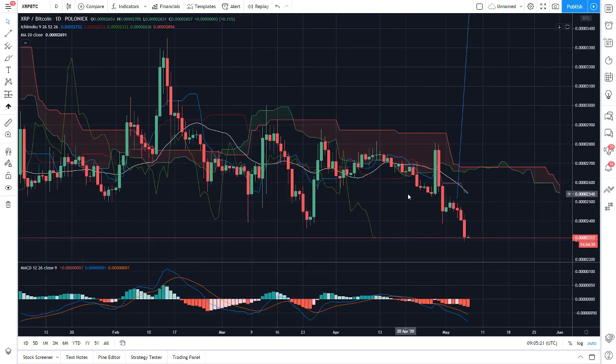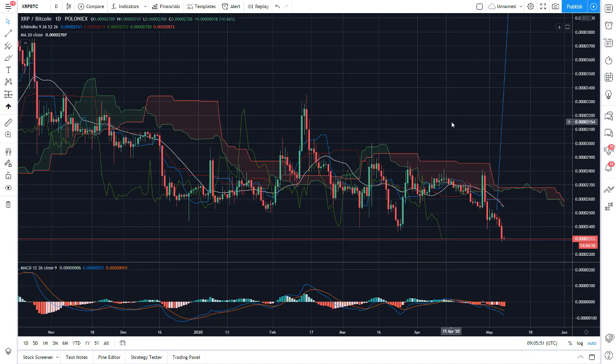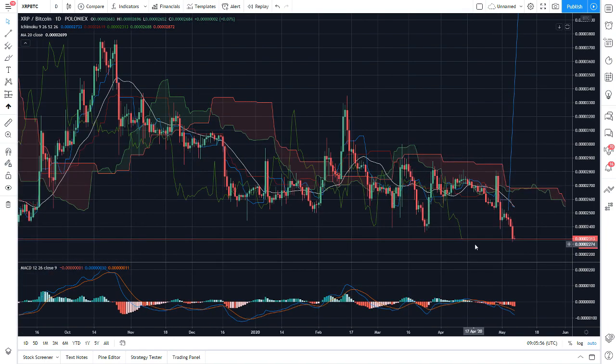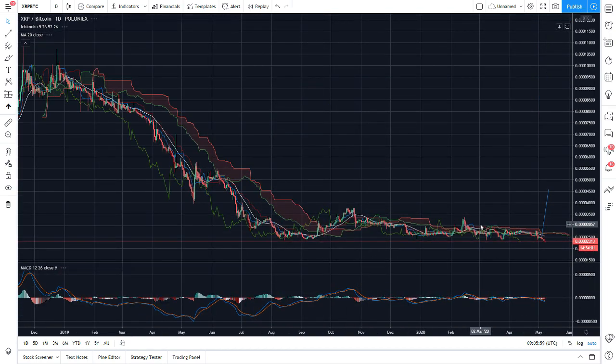Oh boy, let me zoom out a little bit. What happened? We were trying to enter into this cloud, and probably in the next few days, if there was no selling pressure from the Ripple Corporation, we might have closed above this cloud, and it would have taken us to 3000 sats, and this cloud would have started acting as support. But now Ripple wants to dump more and more on its supporters, I would say, and we are now going down, and we are now going to check maybe an even longer term support,